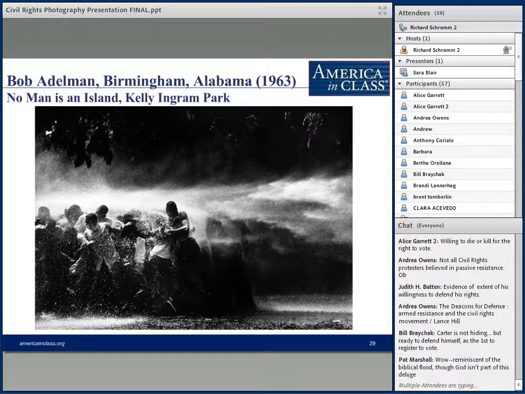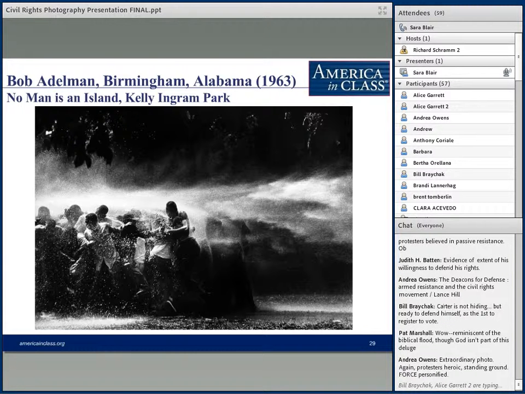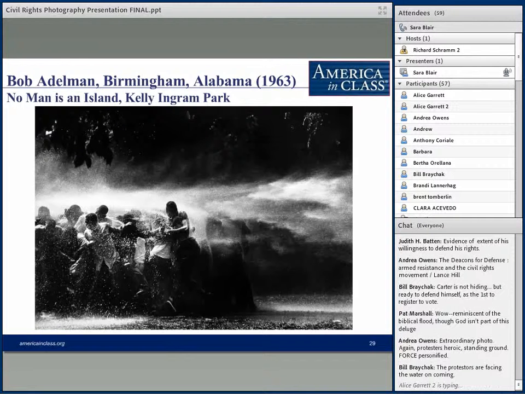It looks like it might be foliage, that darkness in the top of the photo, but it certainly does look like a stormy sky. It does indeed. I think one of the things that Adelman has done here, and this is where his extraordinary expertise as a photographer comes into play,